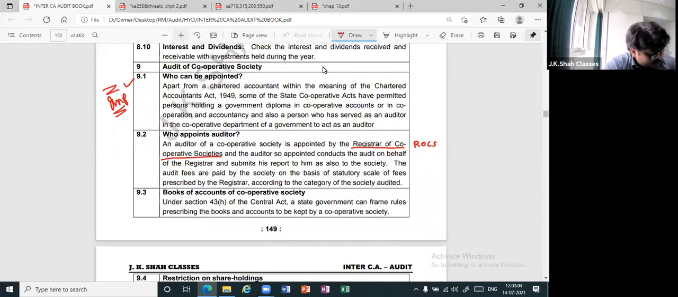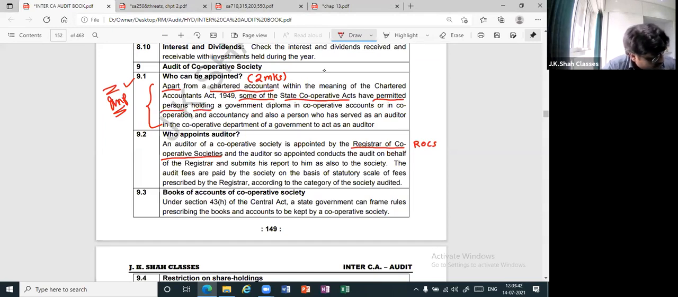Now, firstly, this part is important. This comes in the examination for 2 marks. Up till now, they have never asked you a full-fledged question on audit of a cooperative society. They have only asked the qualifications of an auditor of a cooperative society, and that is actually what is more important. See, apart from a chartered accountant, who is obviously definitely qualified, apart from a chartered accountant within the meaning of the CA Act 1949,